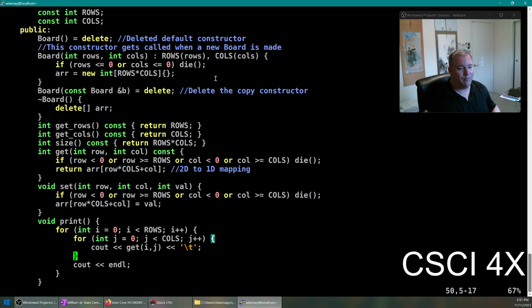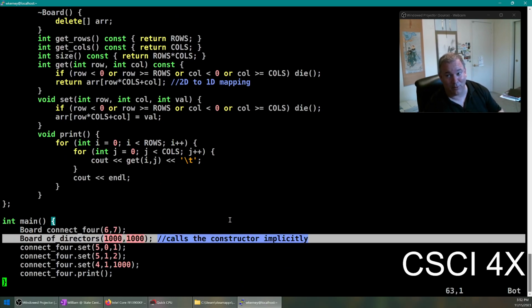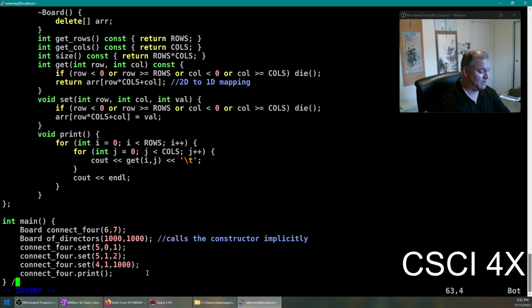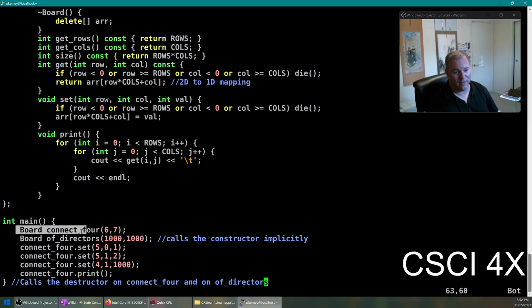So when you make a new board like this, we're making the board of directors here, which is 1000 by 1000. This is a big board game, right? Then it's going to call that constructor and make an array of size 1 million. And down here at the very end, when the thing goes away, this line calls the destructor on connect four and on of directors. So we've got two different boards: one whose name is connect four, one whose name is of directors. When you end the scope that they're in, a scope is